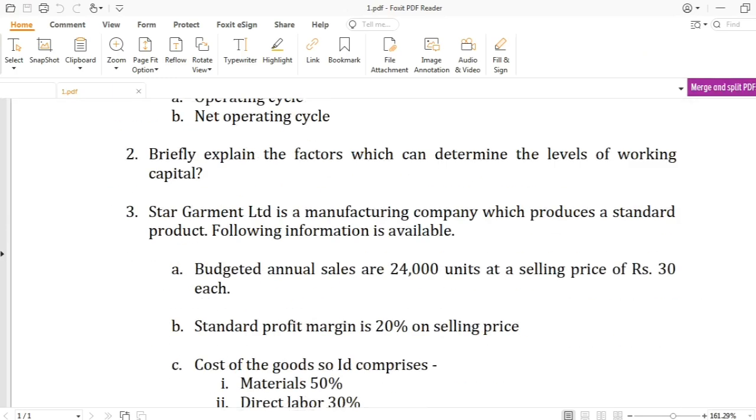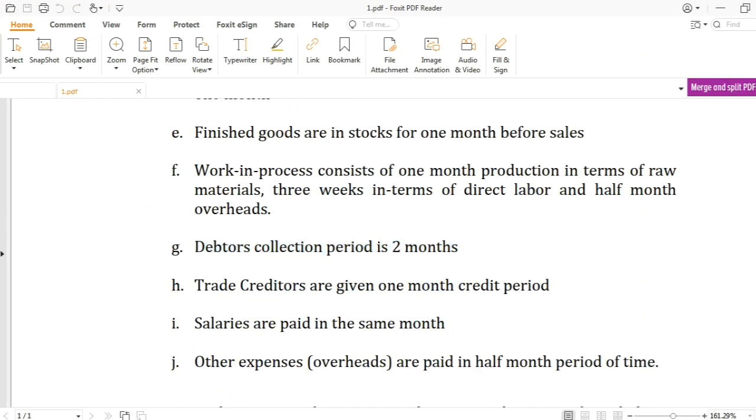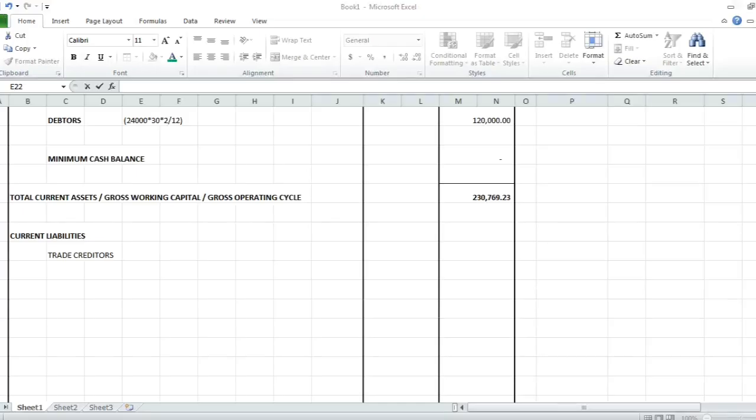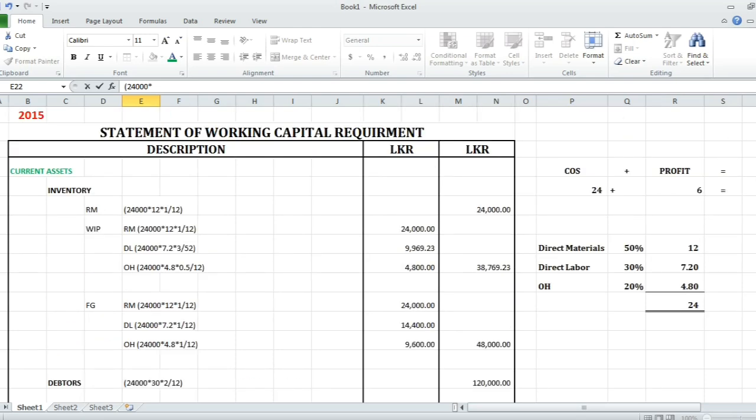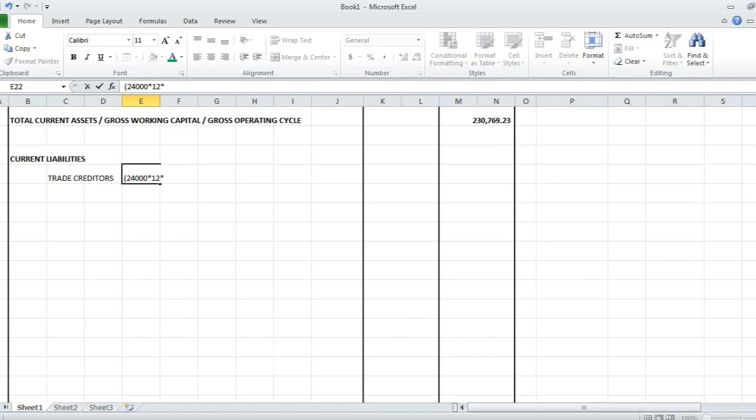As per the question, trade creditors are given 1 month credit period. So 24,000 production units into raw material per unit cost is 12 rupees into 1 month credit period for the trade creditors, 1 divided by 12. So the total balance of the creditors is 24,000, and